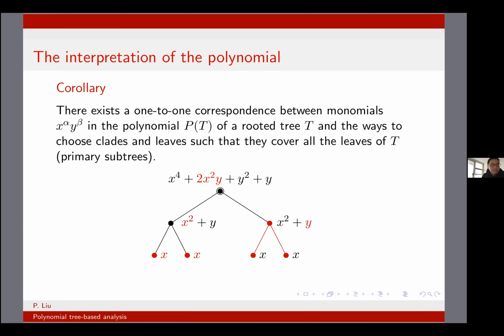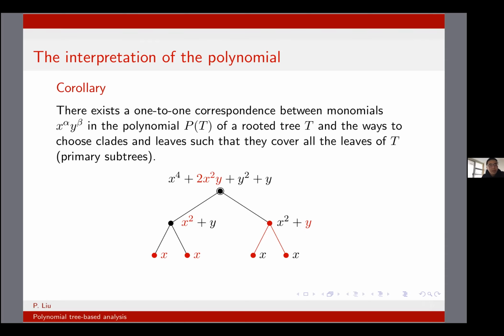Okay, so here's another example, and the corollary is saying that there exists a one-to-one correspondence between the monomials x to the alpha and y to the beta in the polynomial of a rooted tree and the choices of clades and leaves. So in this case, we have two ways to choose x squared y. We have two ways to choose two leaves and one clade, and one is labeled in red here, and the other one is its mirror image. So we choose a y on the left and choose 2x on the right. So that gives us 2x squared